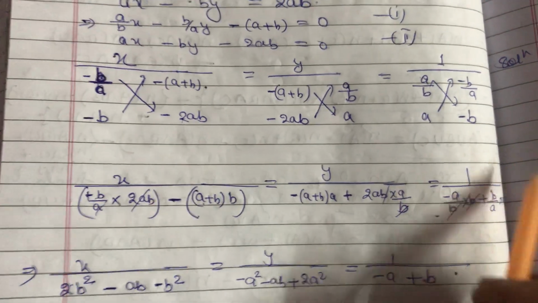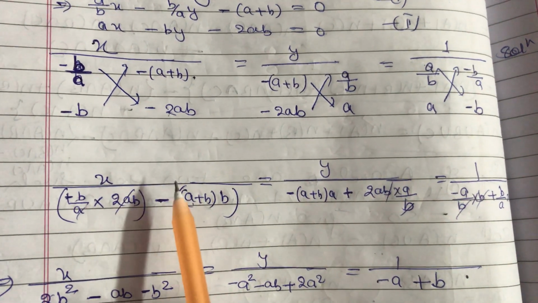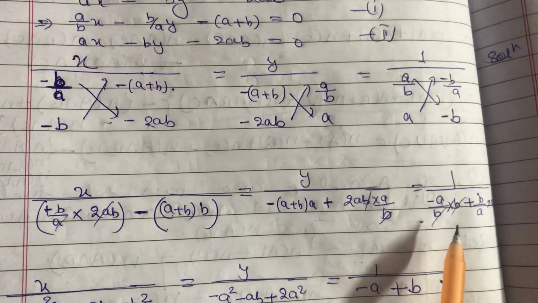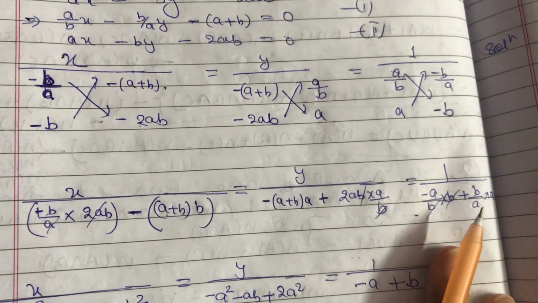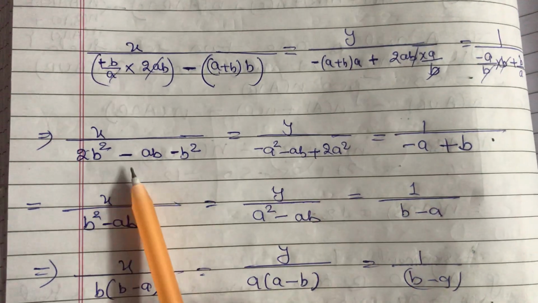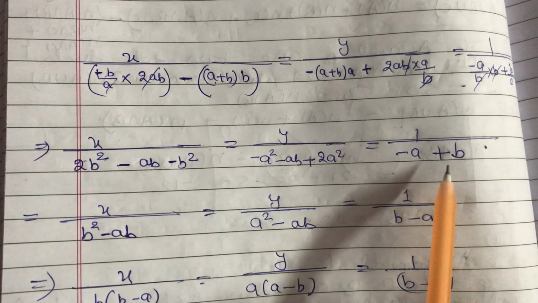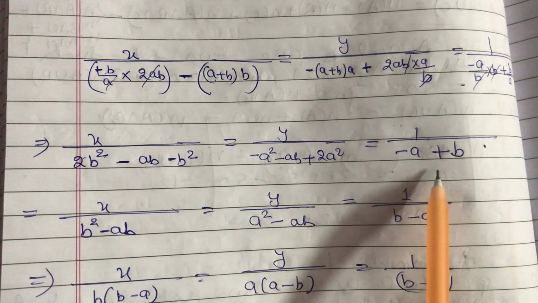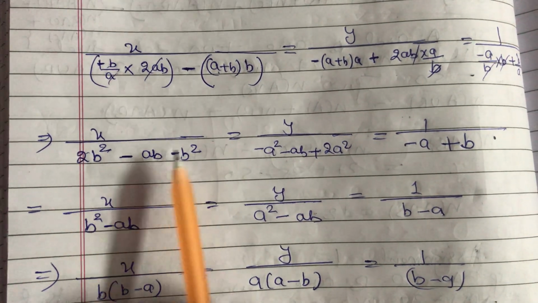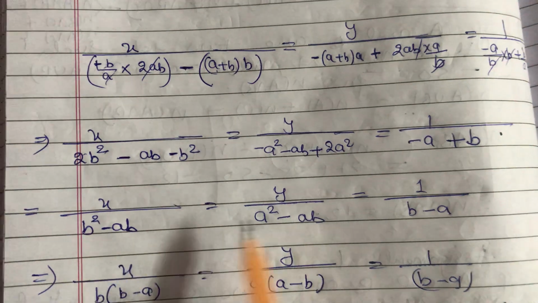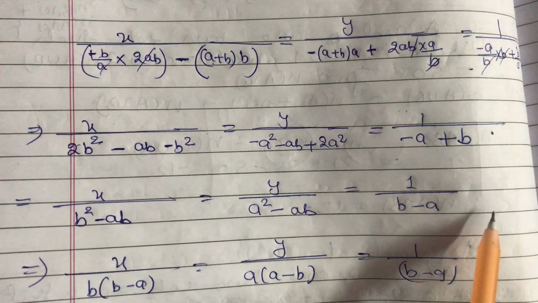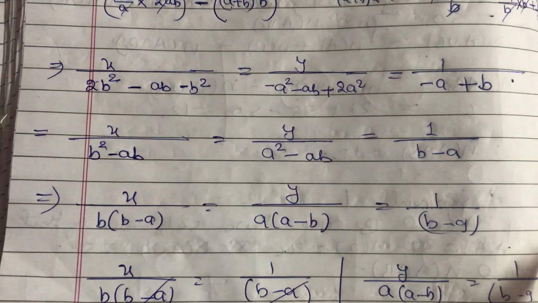Similarly over here. If you have a doubt in this step, anyone, then you can refer to my previous video, that is the day 16 video, where I have explained how we multiply in cross multiplication. After multiplying and simplifying, I'll get this equation. Now 2b squared minus b squared is b squared minus ab, and on further simplification it will look somewhat like this. So now I can equate.